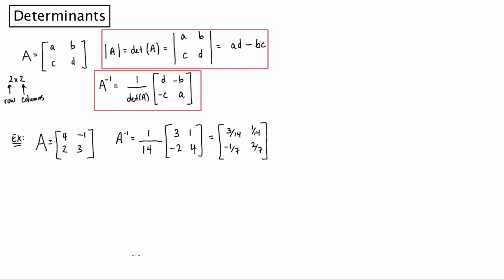Now understand that the reason that inverses are important is because if you have the matrix A and you multiply it by the matrix A inverse, the result is what's called the identity matrix. So let's just go ahead and show that. So give me a chance to talk about matrix multiplication. So if we multiply these two together,